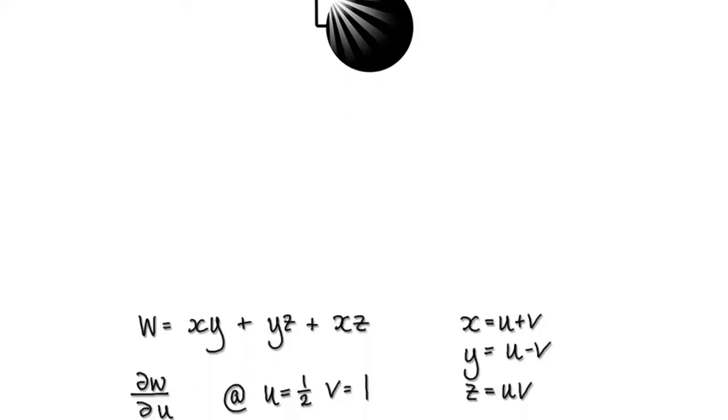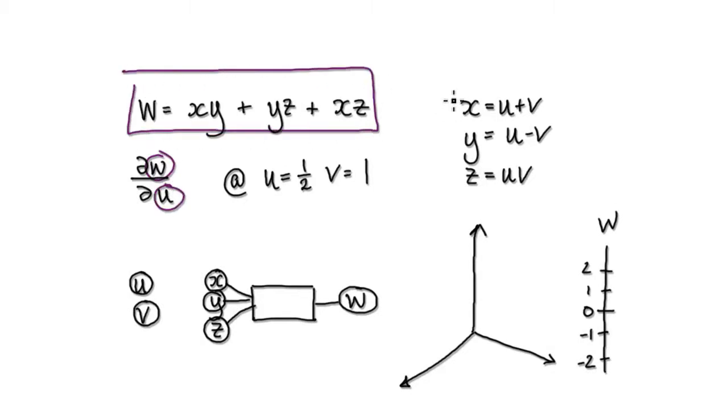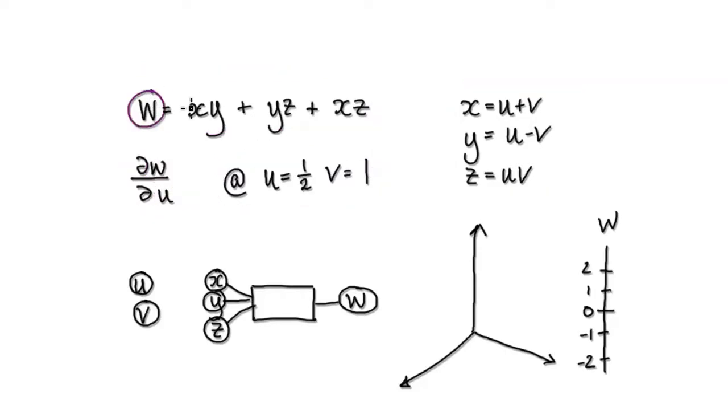In this video, we're going to use the chain rule to work out the partial derivative of w with respect to u. So given w equals this and x, y, z equals this, we need to work this out at this particular point. So the first step is to try and understand what's going on. If you look at w equals this whole thing here, everything's written explicitly in terms of x, y and z. So you've got these three